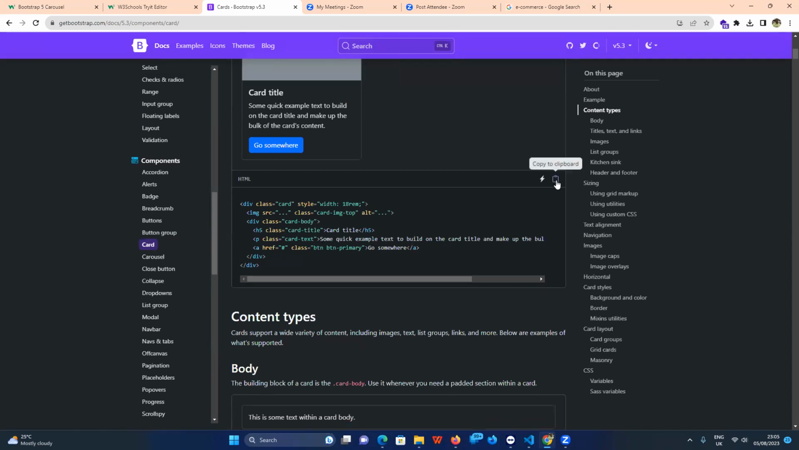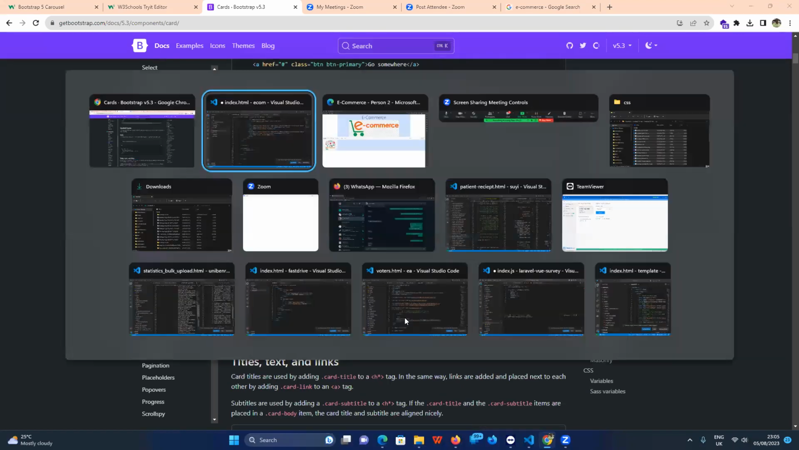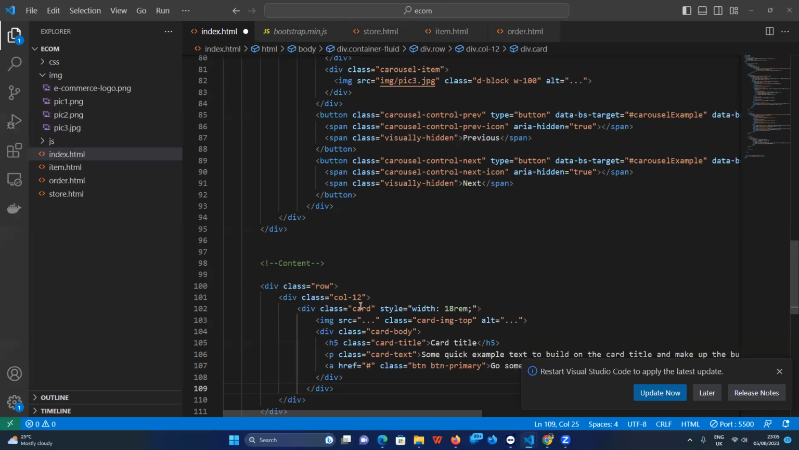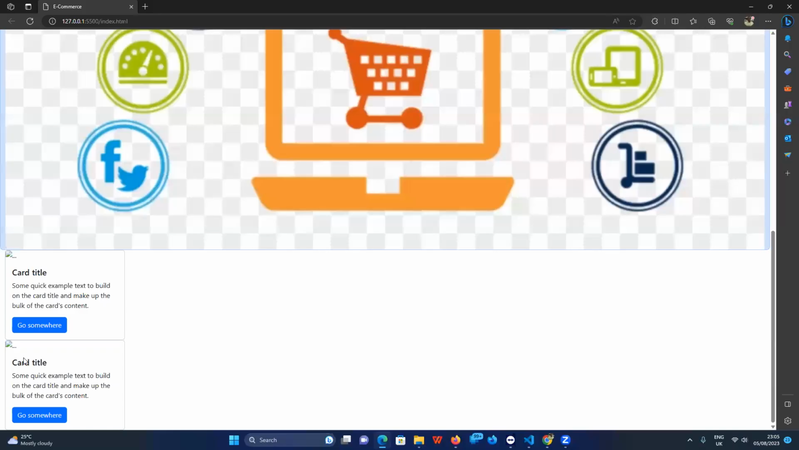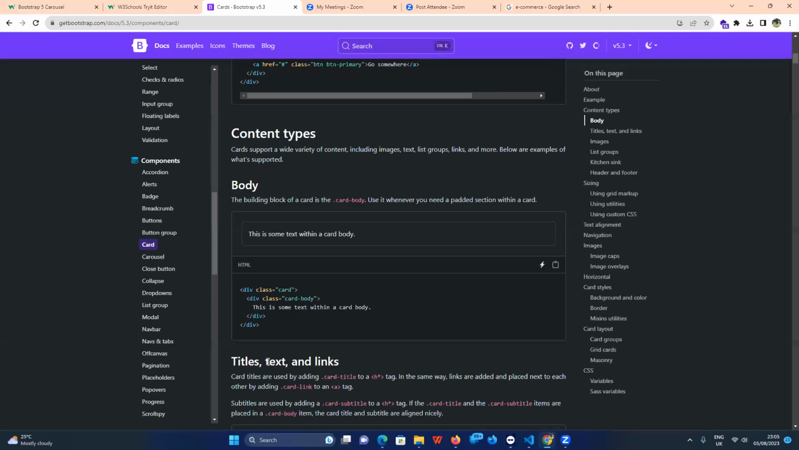So let us create as many cards as we want. Okay, copy that from here. Let's paste that there. Let's paste 2 cards. Let's see what we get. Okay, all right, so since the cards are working that way,